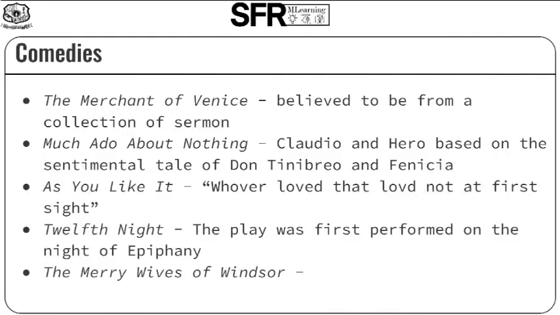So, The Merchant of Venice is believed to be carved out from a collection of sermons. And Much Ado About Nothing is a sentimental tale in which the king and his daughter are plotted against by a lord, Claudio the villain, who tries to bring a darkness, a penumbra over the king's face and the kingdom,